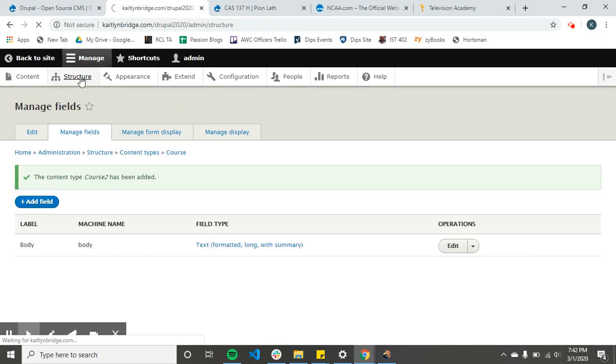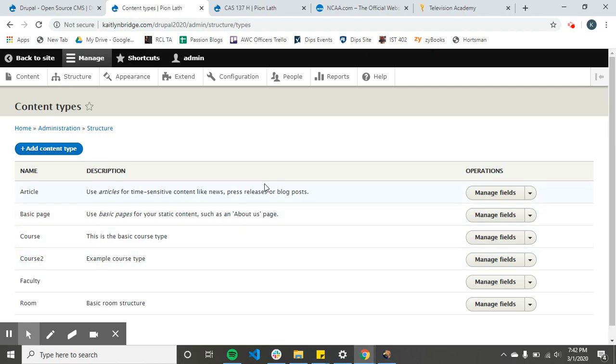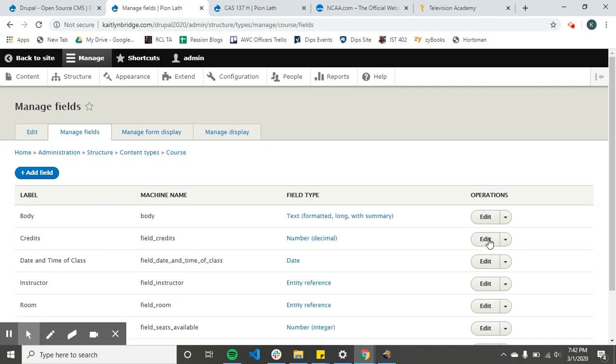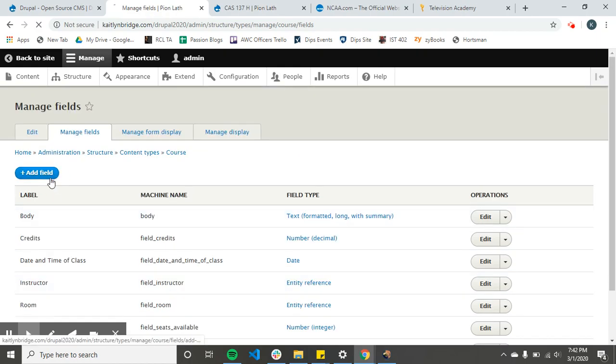Once that's done, if you go back into Structure to get to how you would manage your fields, you would press Content Types again, and then click on whatever content type you want to manage the fields for. In this case, we're going to do the course content type. And in essence, fields are internally used to add custom data that are attached to the content types. So this could be the credits of a course, date and time of the class, the instructor, the room number, seats available, status. We are going to add a new field,